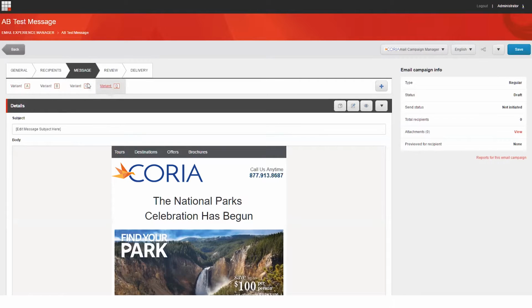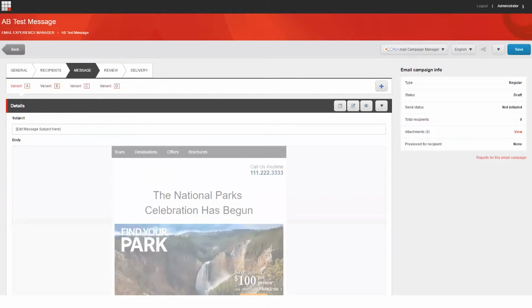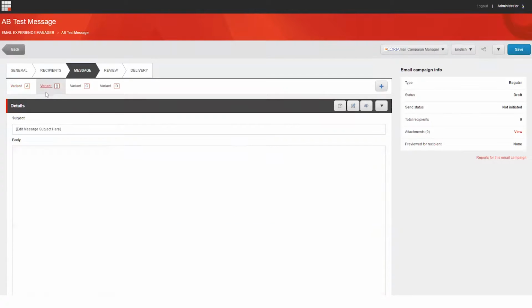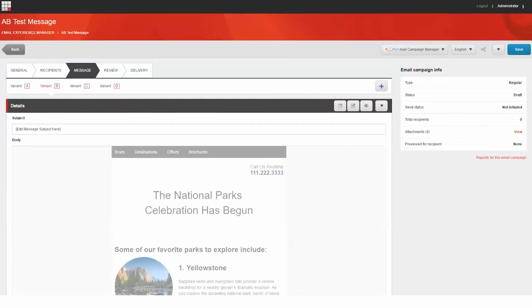Now we have 4 variants of this message. If we look at the first 2, this one has the header component and variant B does not have the header component,